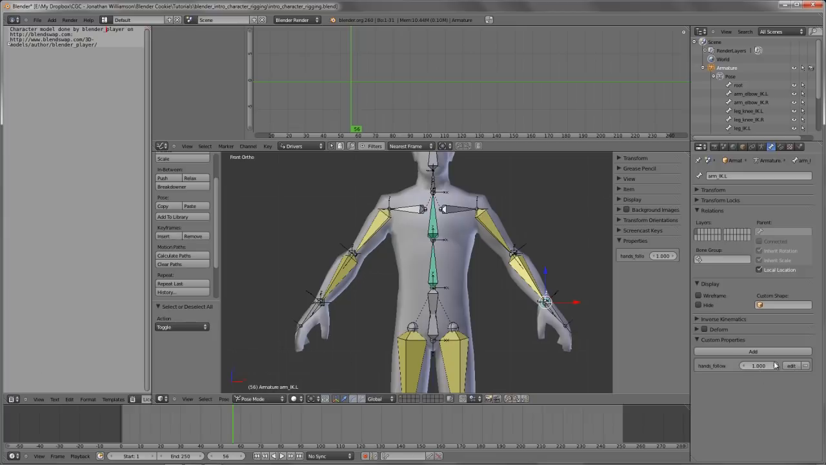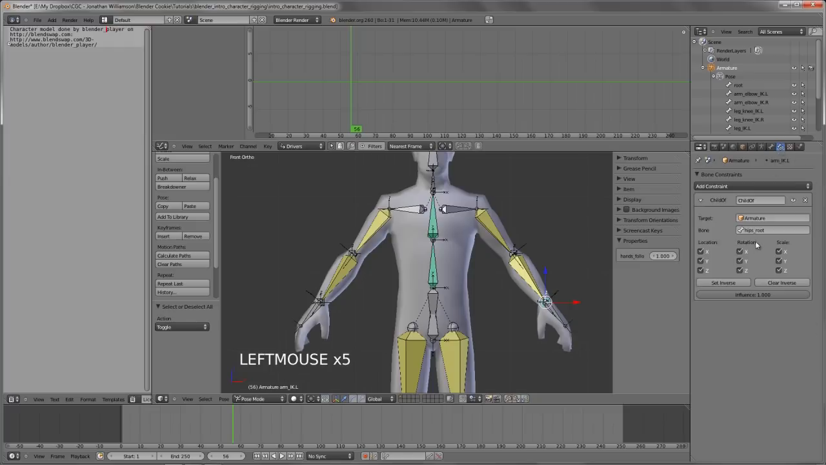Well, it's not going to do anything. Let's just leave this where it's at for the time being, though. Let's go back to the Constraints panel, and under the Influence, we're going to right-click and choose Add Driver. Now, if we go to the Graph Editor here in my other window, and then switch the mode from